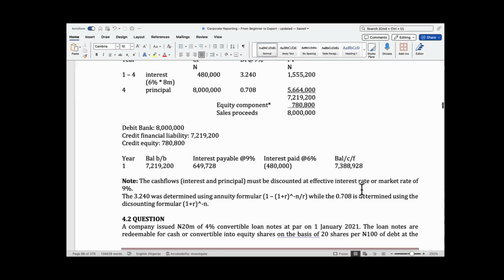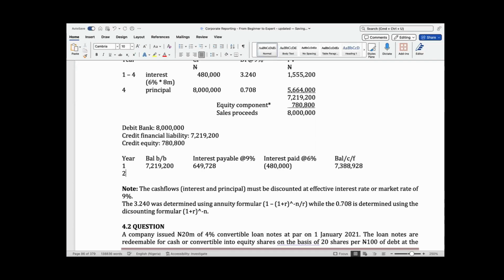And do you know that if I continue for year 2, year 3 to year 4, this will become 8 million at the end of year 4. You can try it. Because of time limitation, I will not do it. Just the same thing I did in year 1. You bring the 7,388,928 down, you apply 9% on that, whatever you get, you put it there. Your 6%, 480 remains 480. Then you do the math, you get your balance carried forward. You take that also to year 3, and all of that. At the end of year 4, you see that you get 8 million as the value of your financial